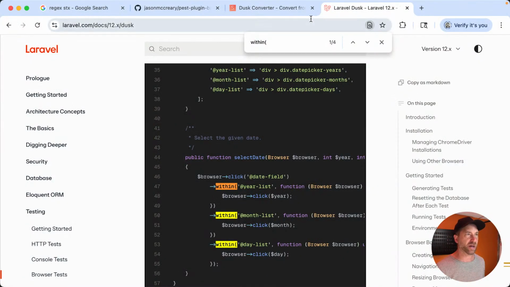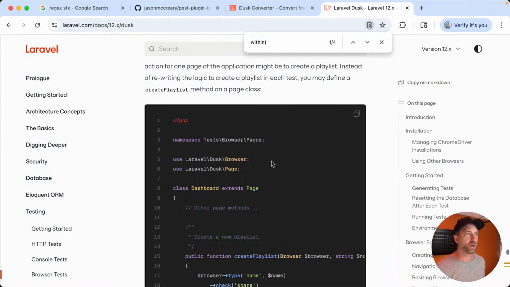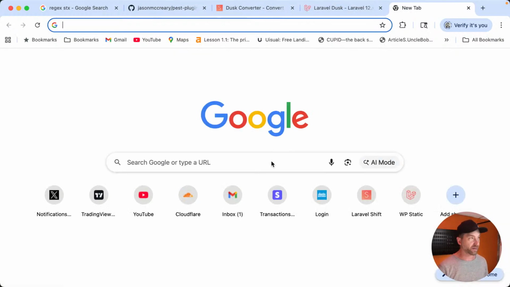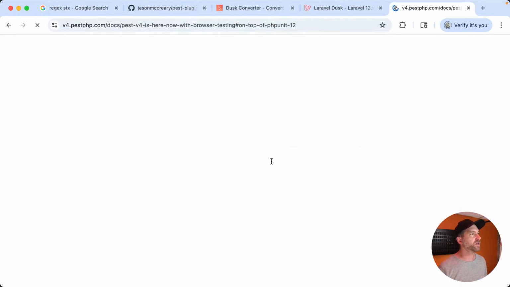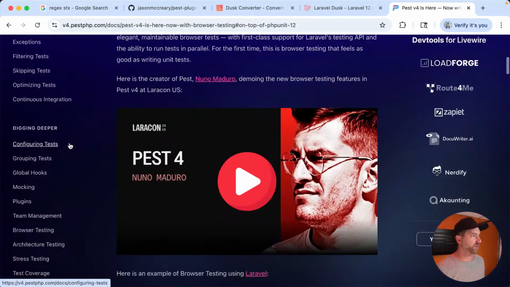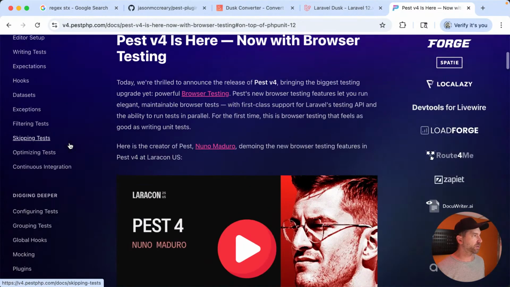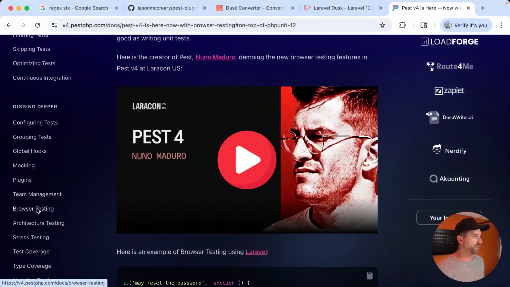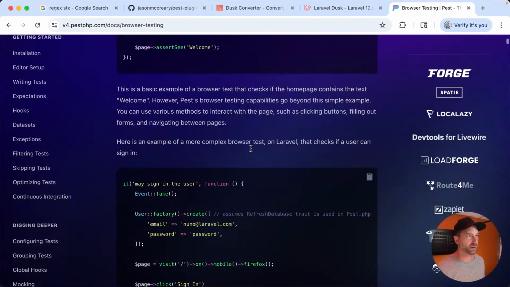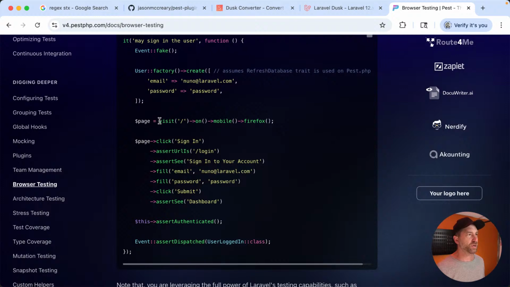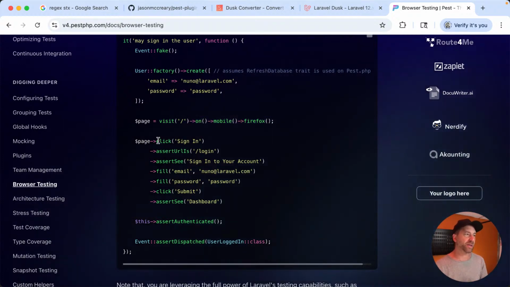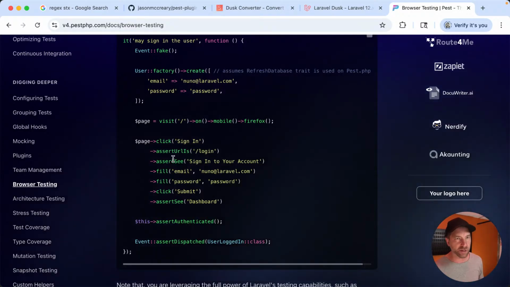So let's go back to the docs just so we can see this code. Well, that's Dusk, even though it's supposed to be Pest. Let's go to Pest v4 here. Let's go to the browser testing section. Where is it? Browser testing. When you visit on mobile Firefox, that's setting everything up. And then you ultimately say something like click. And click gets forwarded to